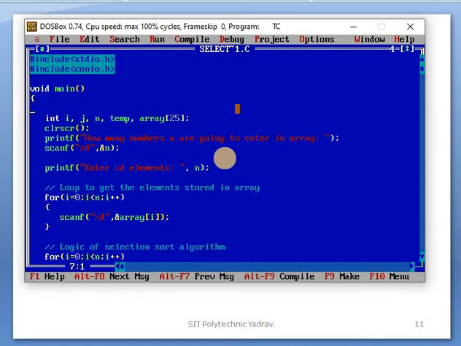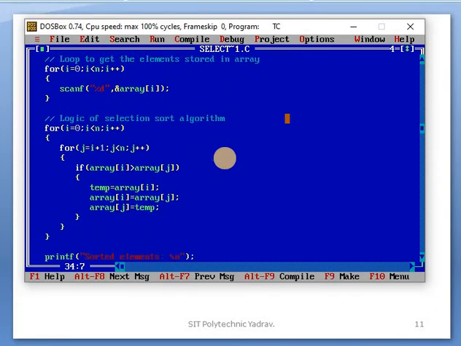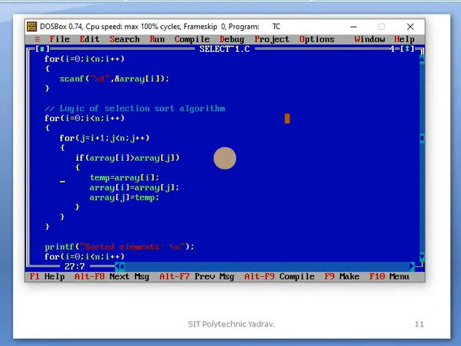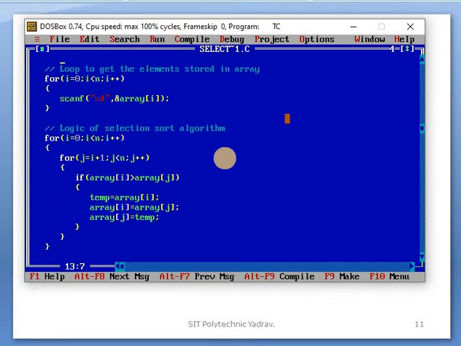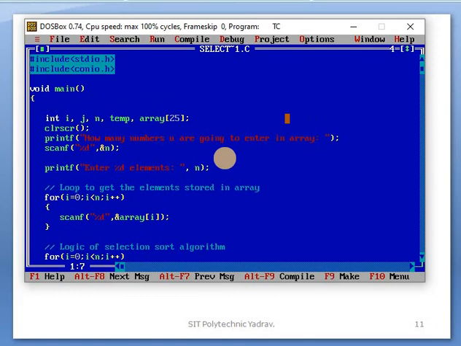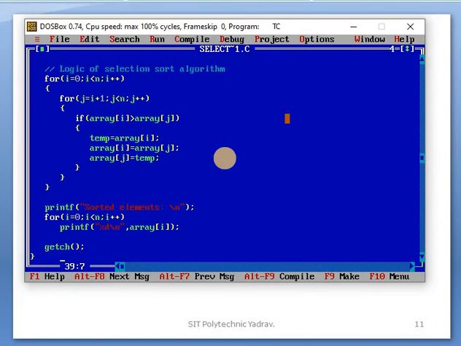These are the header files, your main function, variable declaration, and clearing the output window. This code was already explained in lecture number 13 and in a previous lecture, and it is also explained in the PPT. I am showing that. Clear? Okay, this is the output. I am giving you a homework question, which is the ascending order program.